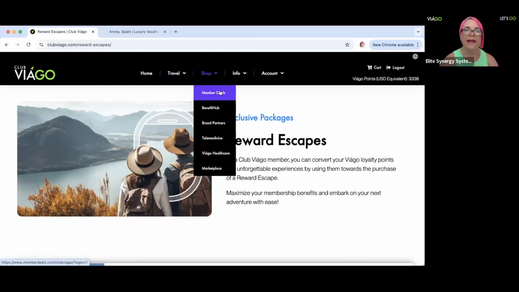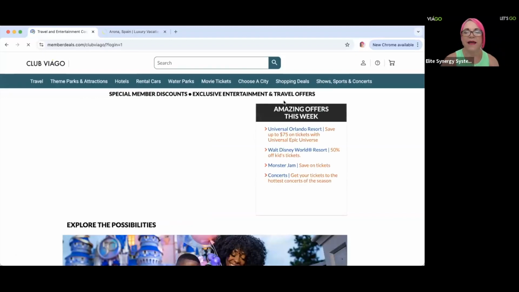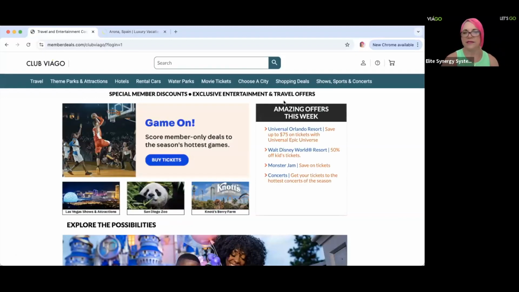There's over 1 million partnered vendors here to provide VIAGO only discounts. So while they may have a sale on their retail website, we are guaranteed to have a better price than that. I know folks have found incredible, incredible deals here, as have I. So you go in here, you have lots of options. You can search for where you want to go or what you want to do, or you can see we